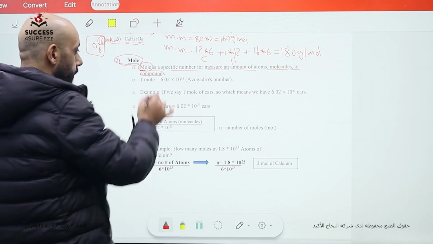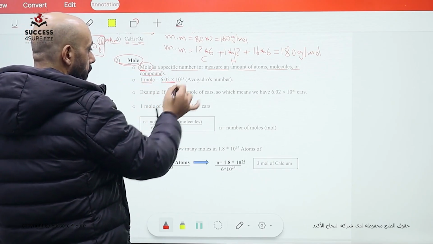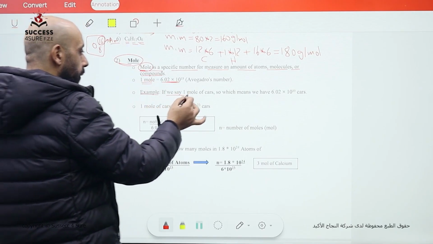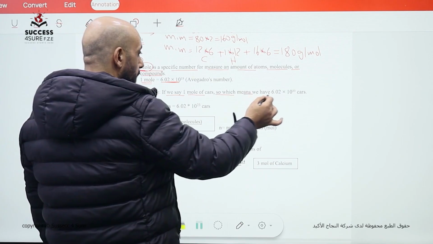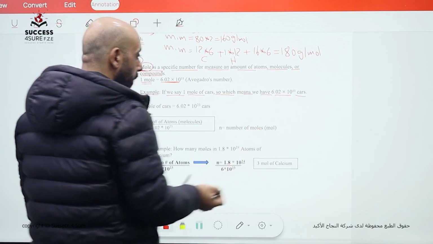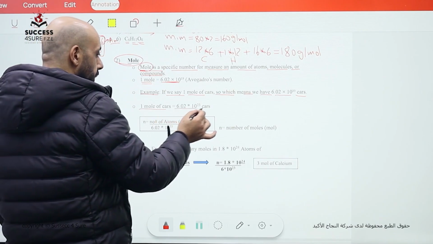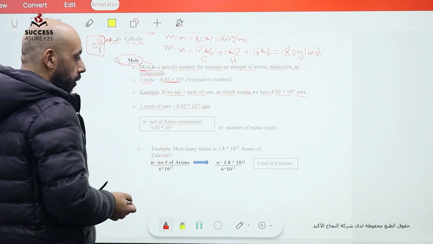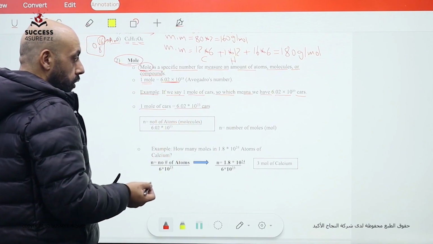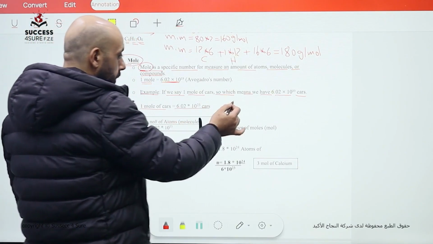This number is equal to Avogadro's number, which means, for example, if we say we have 1 mole of cars, we have 6 times 10 to the power 23 cars. That's what I mean. If we have 1 mole of cars, it's going to be 6 times 10 to the power 23 cars. So if I say 1 mole,